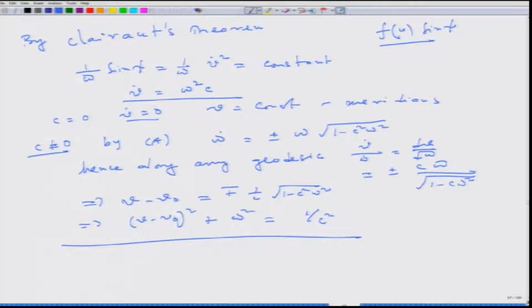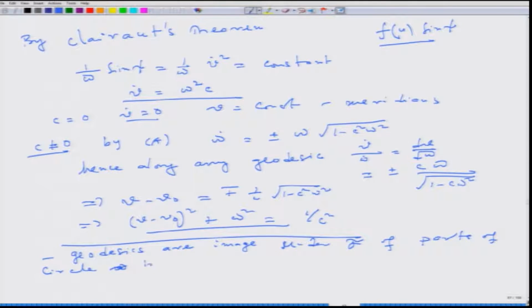So, this looks like a circle in vw coordinates, but on the surface, geodesics are images under sigma tilde of parts of circles